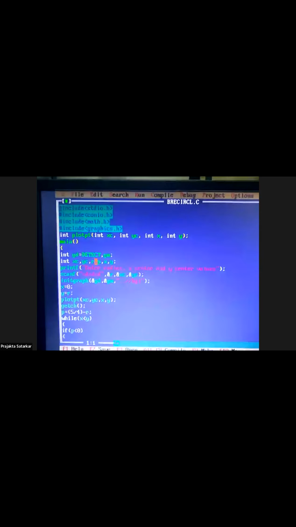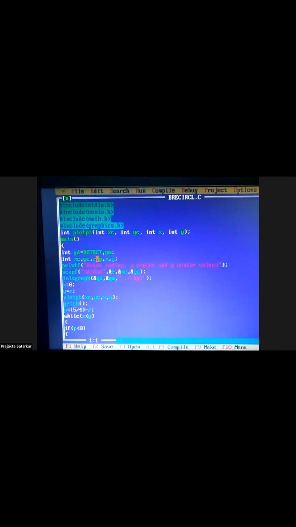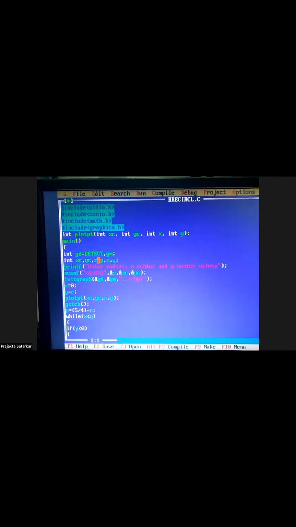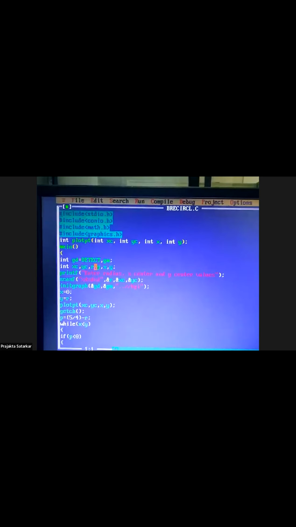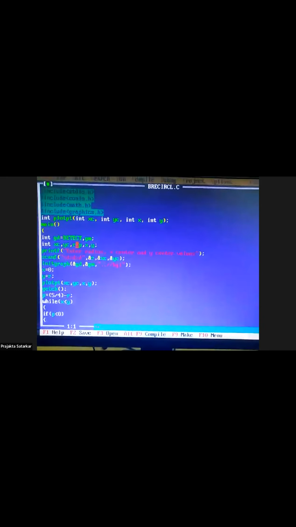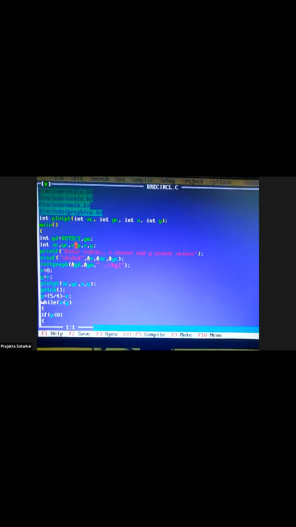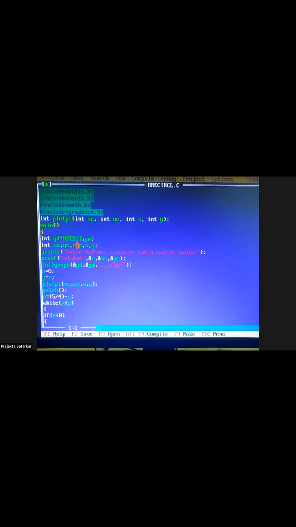So today I will be sending you all the previous programs as well: DDA line drawing, Bresenham line drawing, and Bresenham's circle generation algorithm. After this practical, you will get the code for these 3. Then you can execute that code on your machine and tell me whether you are able to get the output or not. Okay. So that was about Bresenham's circle generation algorithm.